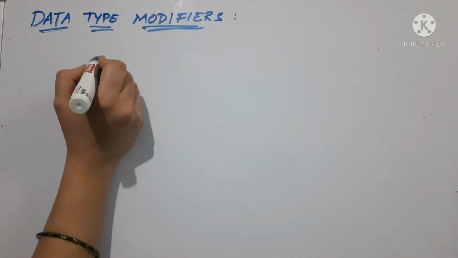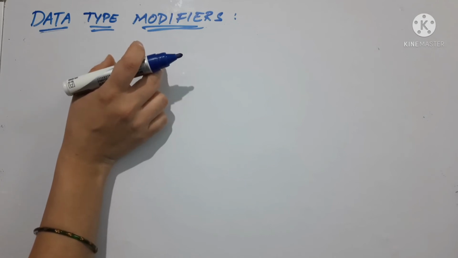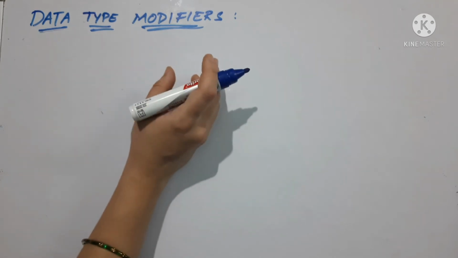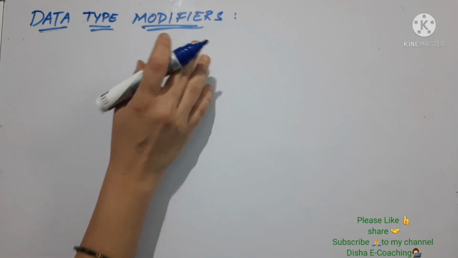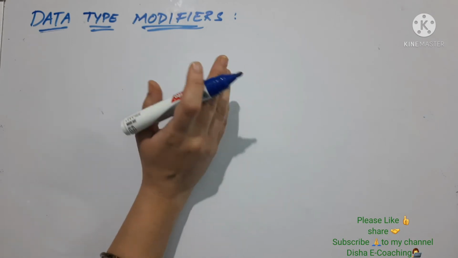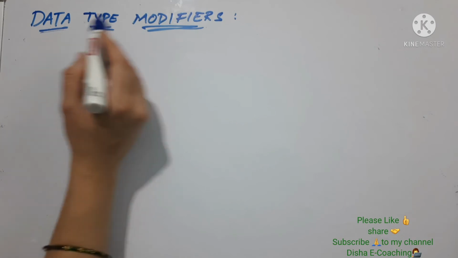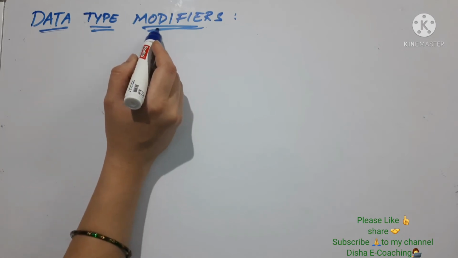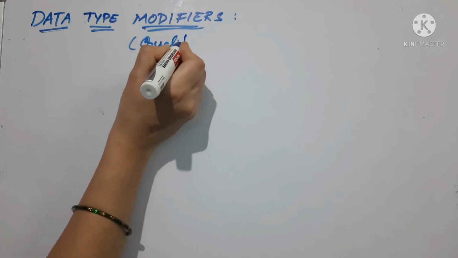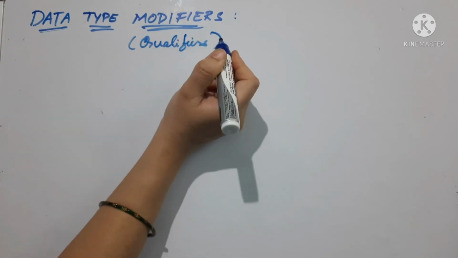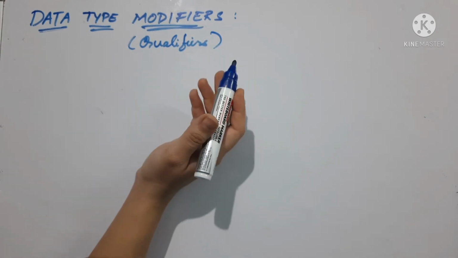Sometimes the data type we are using does not satisfy the requirement of the user. For example, the integer has a particular range of values, and only in that range is it available. If I want to use higher values, then it is not available. For that purpose, we have special data type modifiers in the C programming language. These modifiers are also called qualifiers. This is one of the important questions that will be asked after data types: what are the different data type qualifiers, or modifiers?